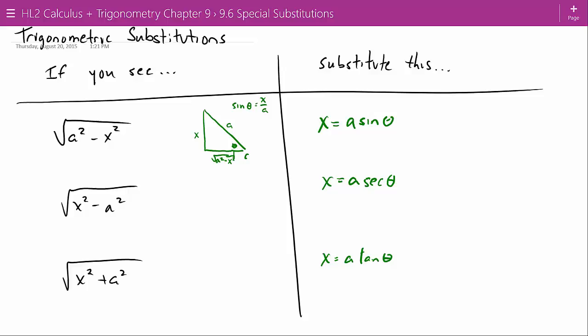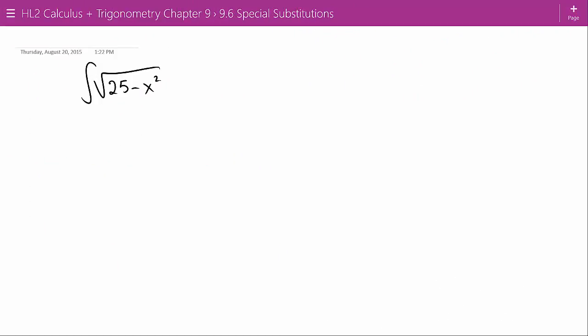And tangent, secant, sine, these are all things that are related to the Pythagorean identity also, which we will be using in these examples. First example, the integral of square root 25 minus x squared